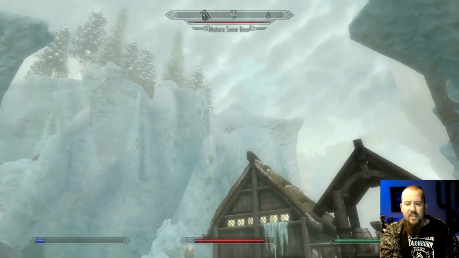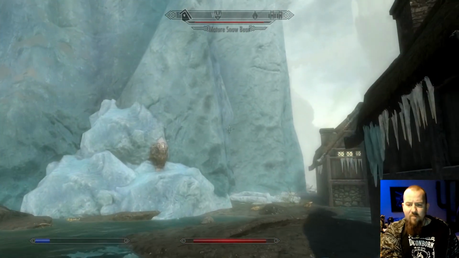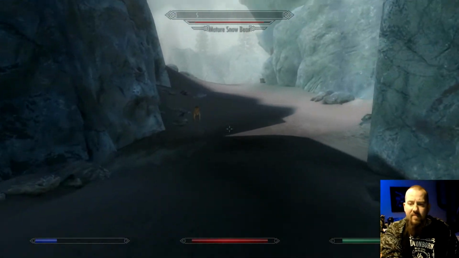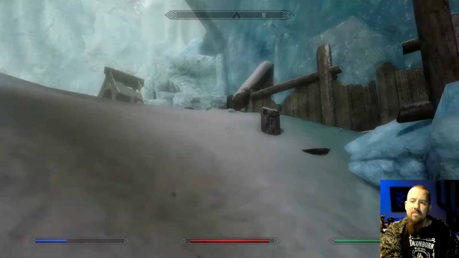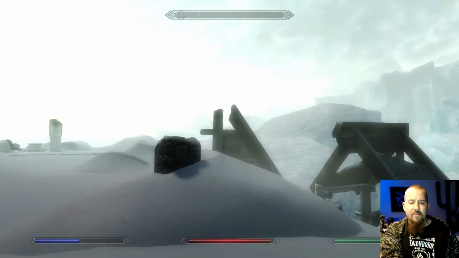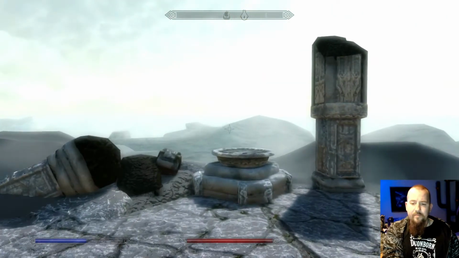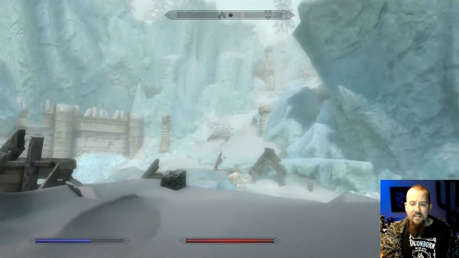Okay, so as you can see, we are approaching Winterhold, and we'll look at some of the remnants of the old city, the old capital of Skyrim, as it was at one time. Is there a... Okay, so there's not much up this way, just some old, broken down pieces of houses, some ruins. Is there anything over here? I don't think so. But I just like the fact that there are...